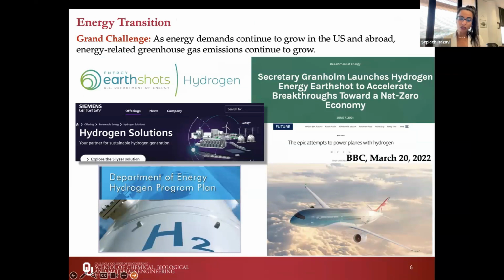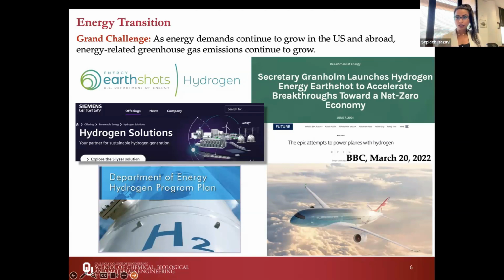So in order to come up with solutions that can address this issue, we have to have all hands on deck, not only on the production, but also on the storage. Renewables are great. We can use renewable resources because they're readily available to produce energy, but the issue with them is intermittency, seasonal dependence, and the fact that they don't necessarily go hand in hand with the demand. So if the sun is shining or the wind is blowing, that's great, you can get renewables, but if that's not the case, then your energy production is going to go down.